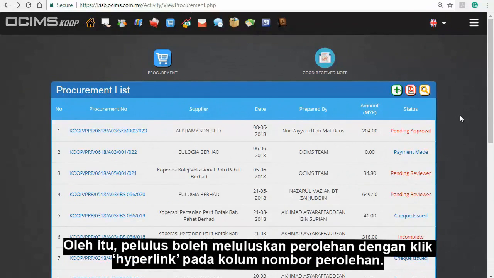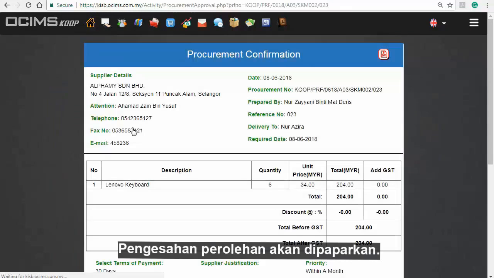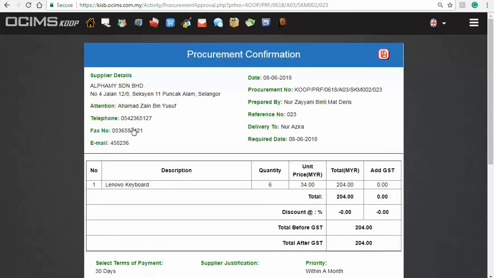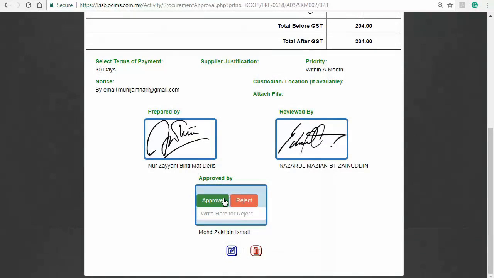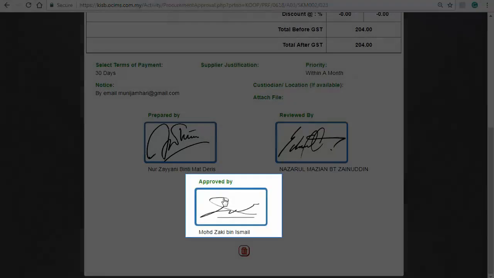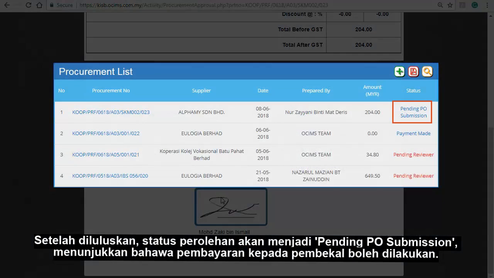So, the approver can approve the procurement by clicking the hyperlink at the procurement number column. Procurement confirmation will be displayed. Now, click the Approve button at the Approved by Signature box to approve. Once approved, the status of the procurement will be pending purchase order submission, which indicates that the payment to the supplier